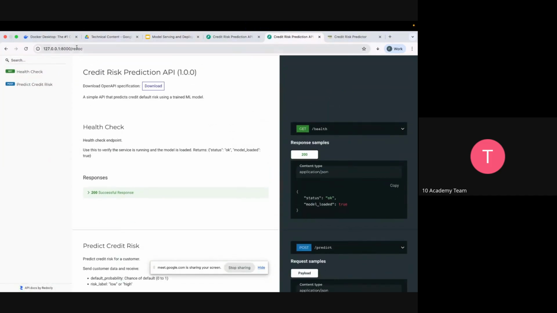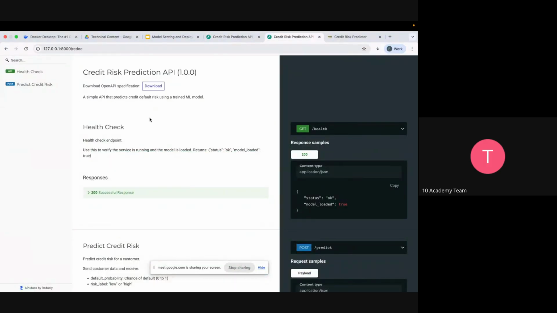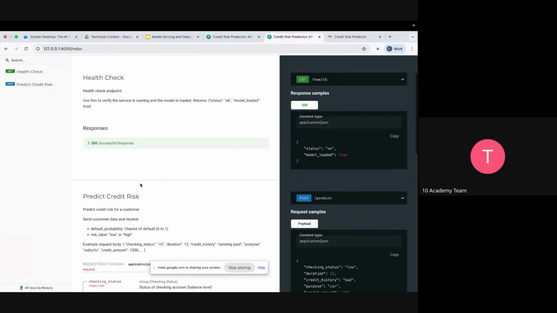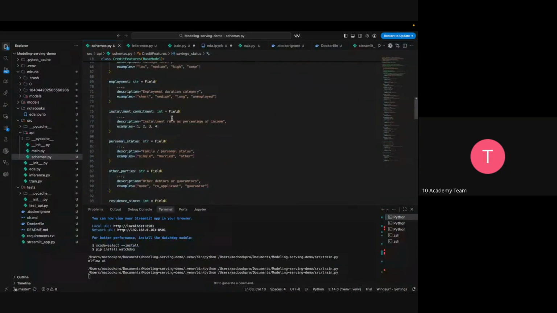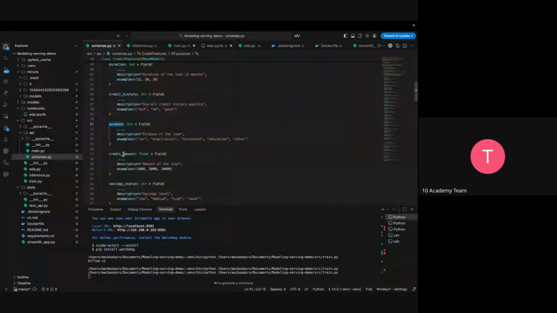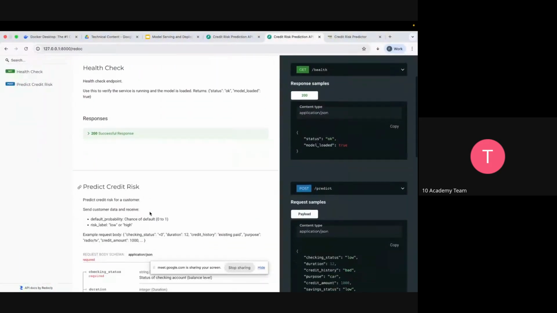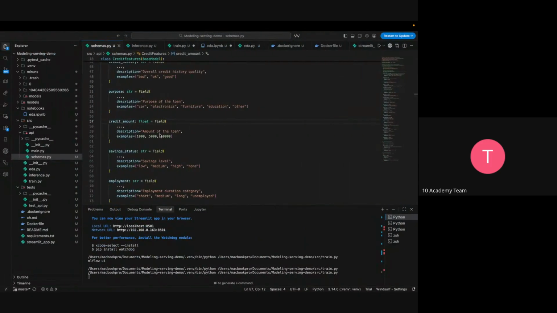So ቅድምም ብያችሁ ነበር like redoc እና docs አለው አይደል? So this is just automatically documentation ይሰራልናል ማለት ነው። አልዝ ቼኩን ለምሳሌ እኛ just for now schema እንድታዩት ነው መጀመሪያ, we'll go to the main function. So this is the schema like purpose, credit amount. As you can see here like predict credit risk for a customer, send customer data and receive default probability and chance. ይሄ just እኛ ያስገባነው ነገር ነው የሚሆነው እዚህ ጋር።